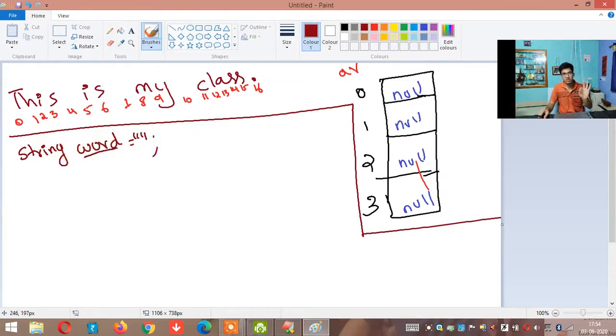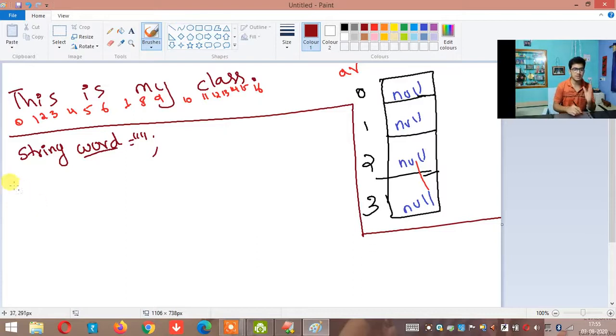I could have given any other variable name, right? Why word only? Because this string will store the word. It will store the word. So how will it store the word? What do you call a word? What is a word? Simple.